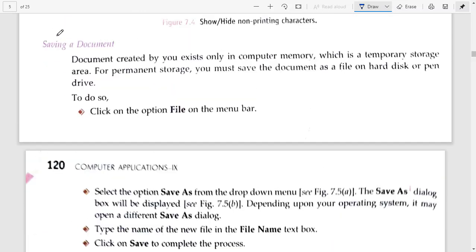Now next is saving a document. Now let's discuss how you can save a document in OpenOffice.org Writer. Well, saving documents is very simple. The first and the easiest method is you can use a shortcut key, that is Ctrl+S. Whenever you are working with the document, you have to save your work instantly. The easiest method is to press this Ctrl+S shortcut key.